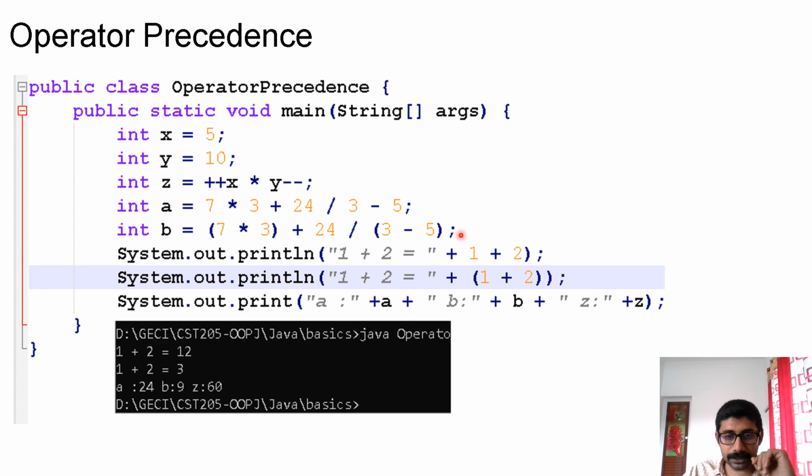But in the other case, there are no parentheses. So it is a string plus another thing. The plus operator converts the value to a string, and it acts as string concatenation. It is left to right evaluation, so string concatenation happened, then again string concatenation happened to that string. That is why the resulting string is 1 plus 2 equal to 12. That's how we get the result.